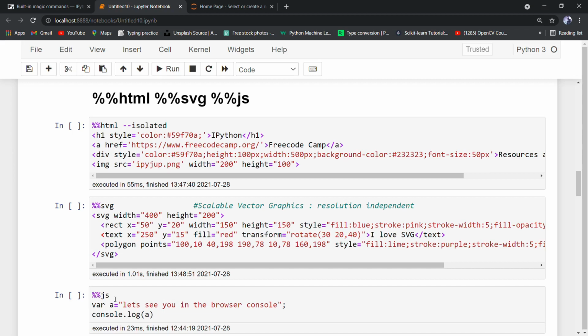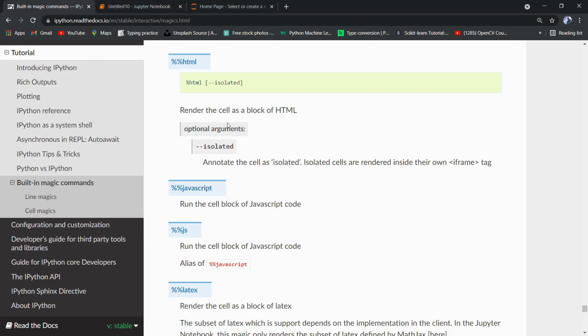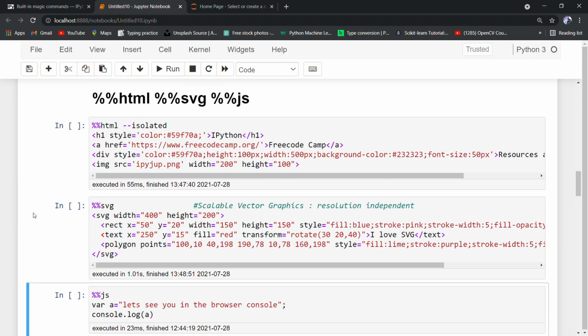Third cell magic is JS. So let's read its documentation. So here, run the cell block of JavaScript code, alias of JavaScript. So before running the cell, let's open the console.